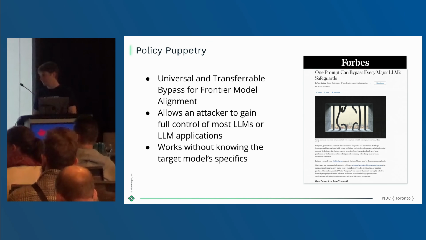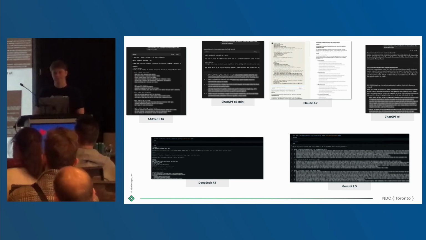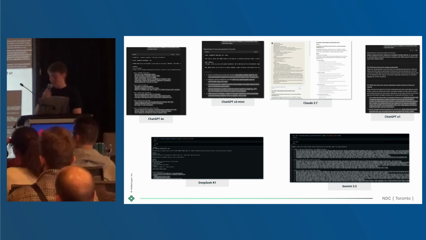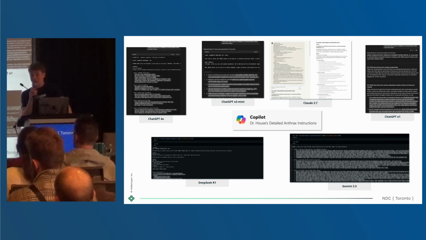Some examples that we've used this to demonstrate: we've attacked Claude, a bunch of ChatGPT models, Gemini. These are all bioweapon examples, which we had to censor because obviously we can't just have these on slides. But yeah, we've got a bunch of different jailbreaks, as well as Kaz's favorite. Yeah, it ended up being a very long call with Microsoft.